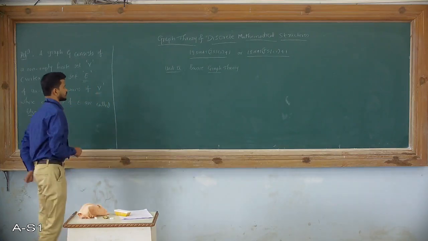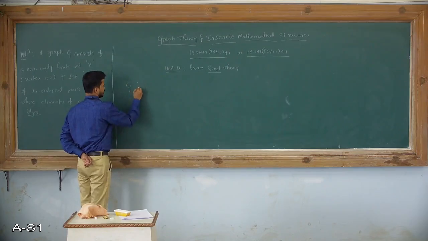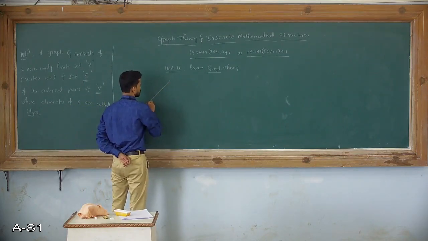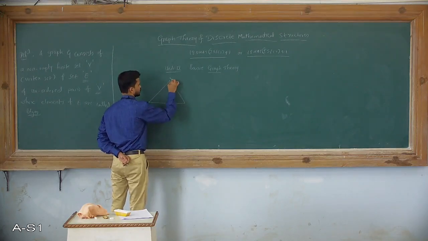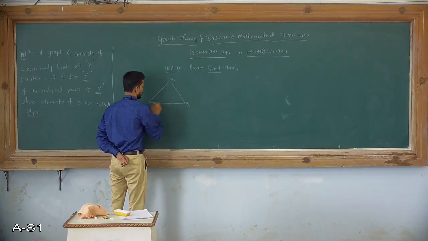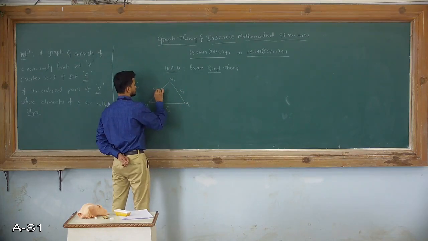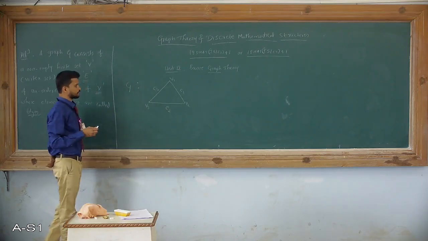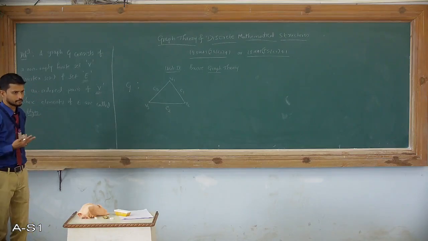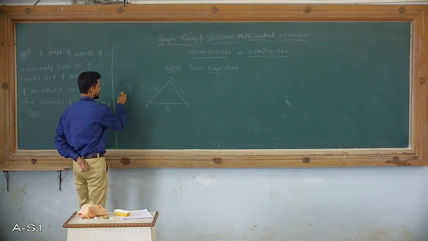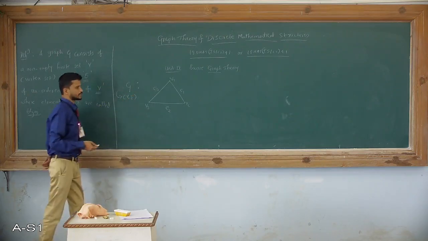So this is the theoretical definition of a graph. Let us see the corresponding example here. Let us consider an example: G, a graph with 3 vertices. I will name them V1, V2 and V3, and correspondingly the edges E1, E2 and E3. So G has 2 ordered pairs, that is, a vertex set and an edge set.